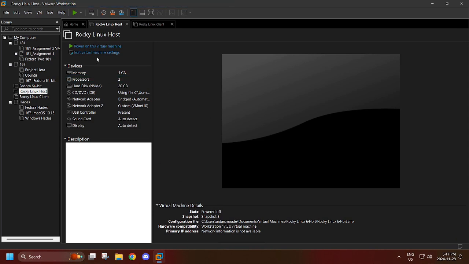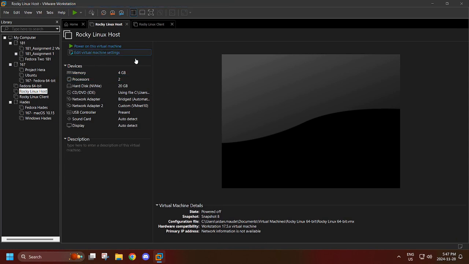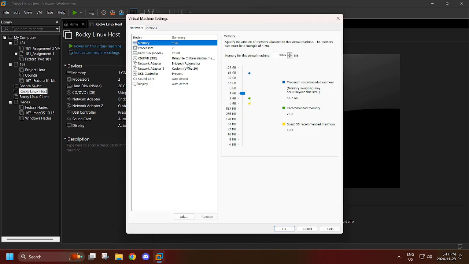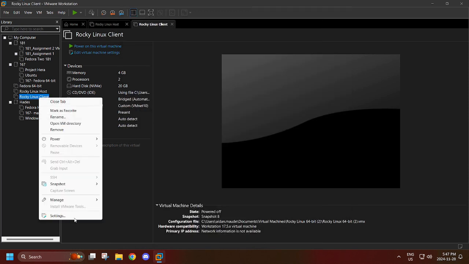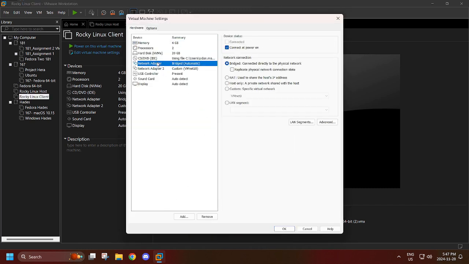Almost forgot to add this section where I display the adapters hooked up. This is the host with one bridged NIC and one set to the VMnet 10, which is set to host only. I'll show the client's adapter,